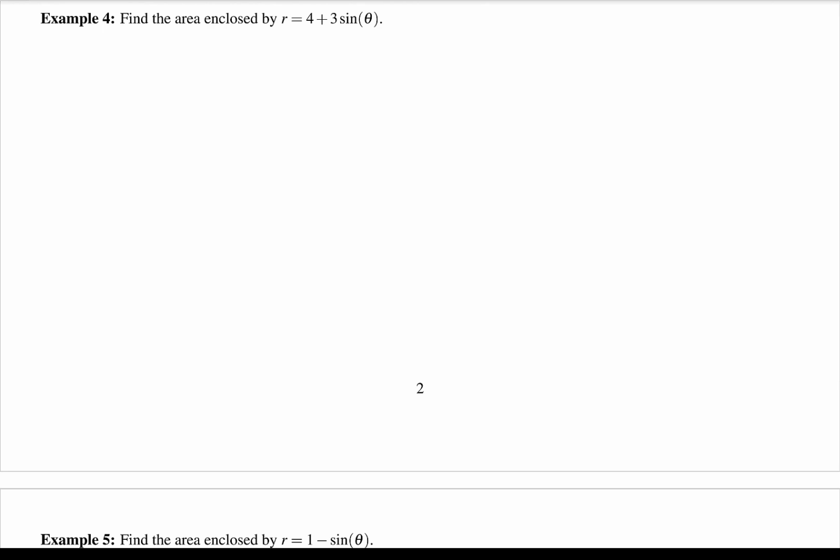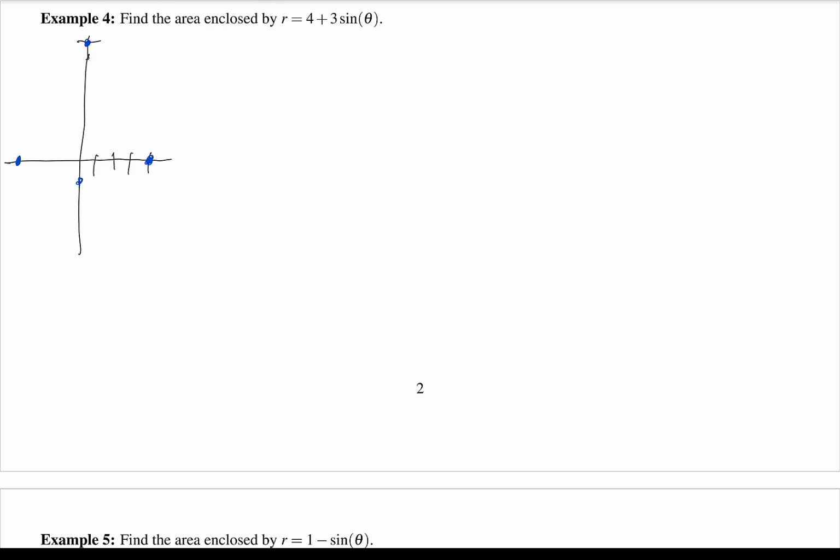Alright. So notice, if I graph this out, when theta is equal to 0, we get r equals 4. So I'll get a point right here. When theta is equal to pi over 2, I'll get 7. So 7's way up here. When we have theta equals pi, that'll give me 4 over here. And then when theta is equal to 3 pi over 2, we'll get 4 minus 3, so that'll give me